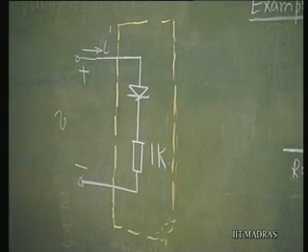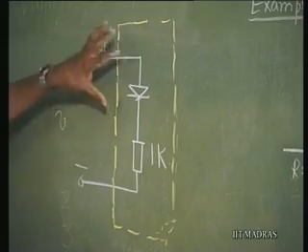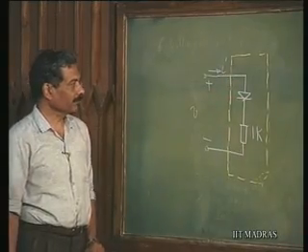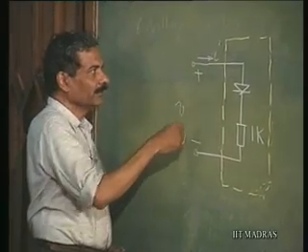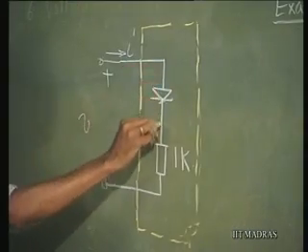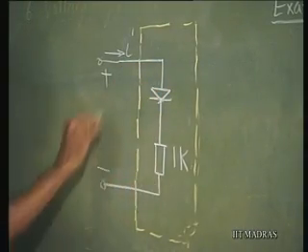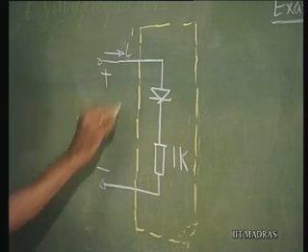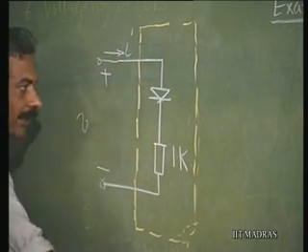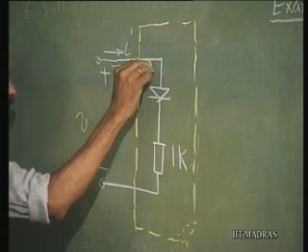Let us see what this characteristic of this composite circuit looks like. When V is greater than 0, that is, it is going to permit current in this to flow in this direction when this is positive and this is negative. It is forward bias. So, a current is going to flow in this direction